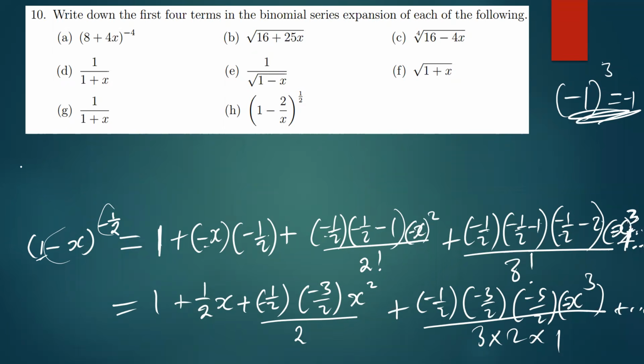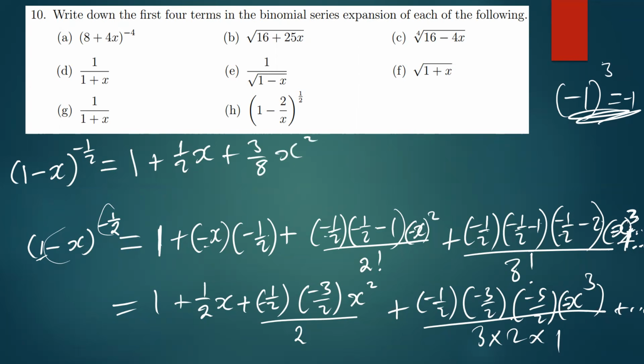Okay, so the expansion of this is therefore going to be 1 plus half x. Then here when you multiply, you're going to have positive 3 over 4 divided by 2 to be positive 3 over 8